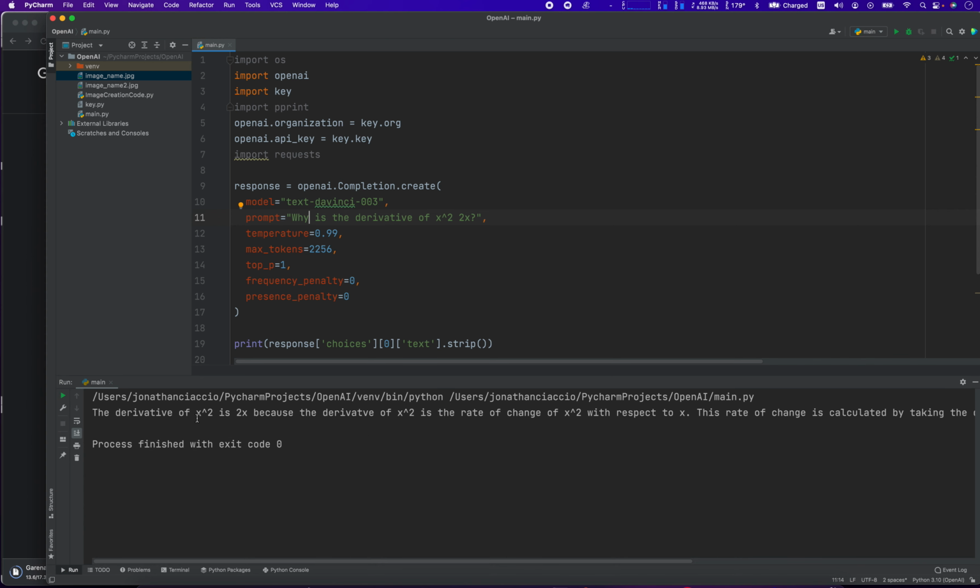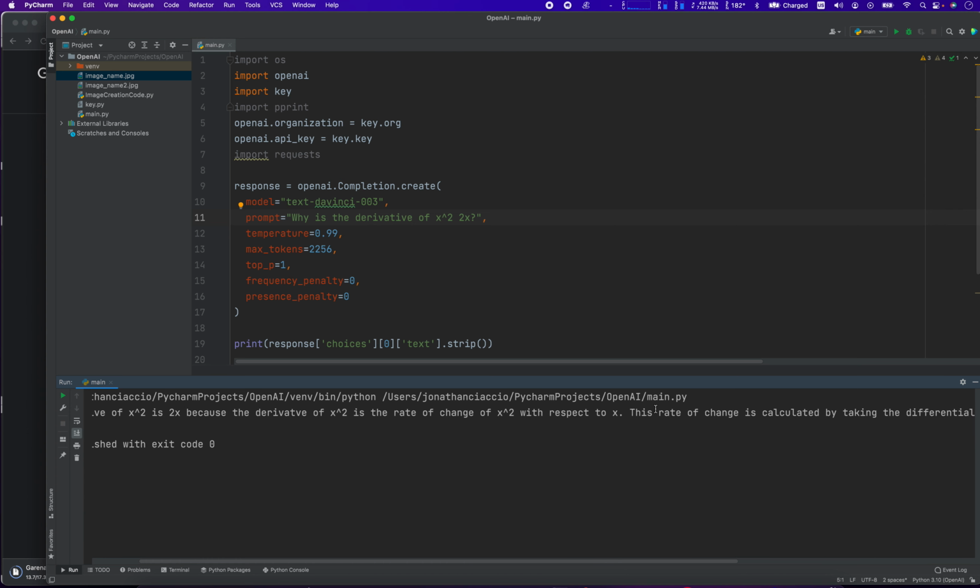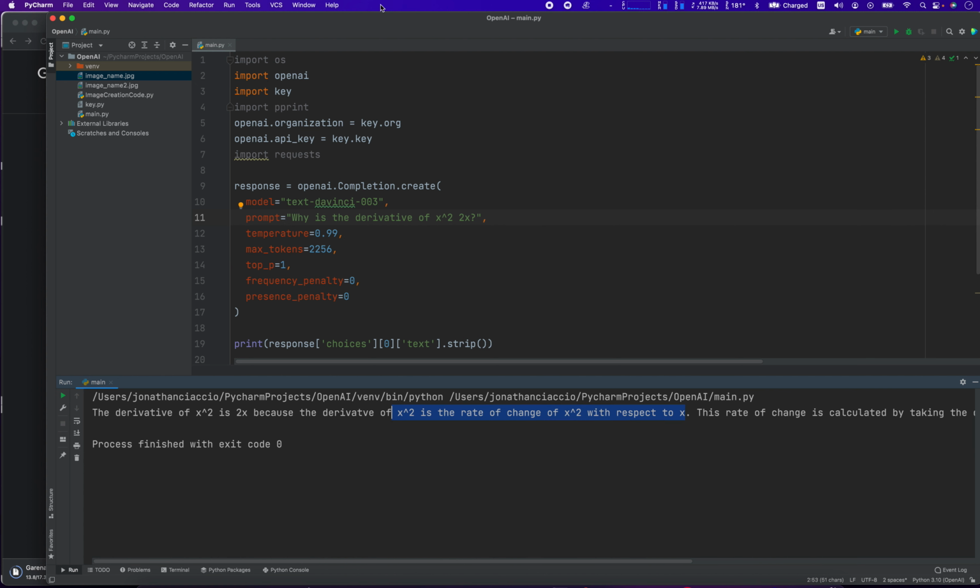The derivative of x squared is 2x because the derivative of x squared is the rate of change of x squared with respect to x. This rate of change is calculated by taking the differential of x squared, which is 2x. Therefore, the derivative of x squared is 2x. It's a little recursive, but you kind of get it. We could have just said it's the rate of change of x squared with respect to x. Okay,